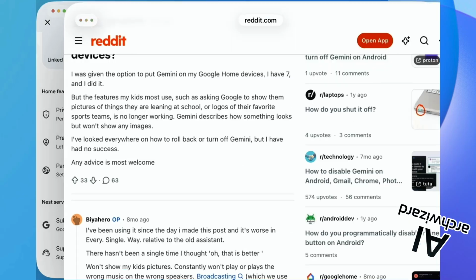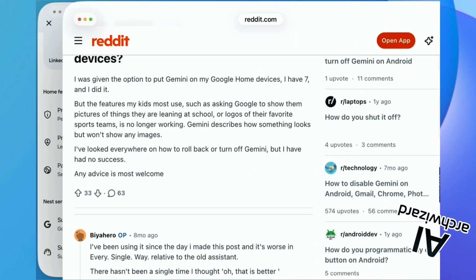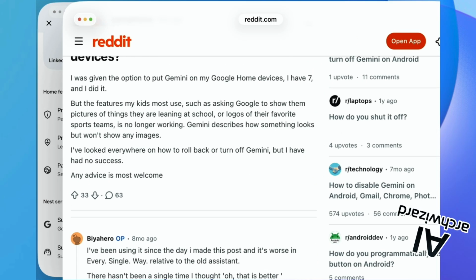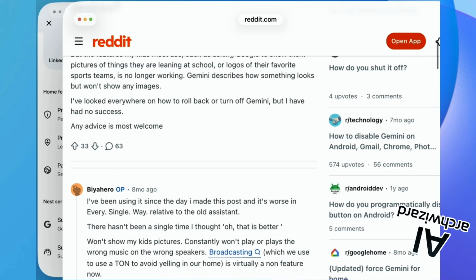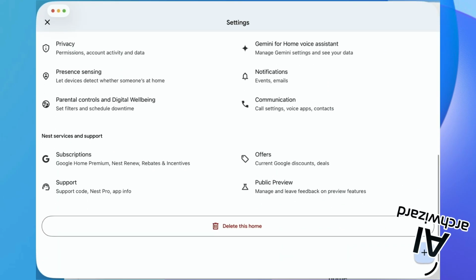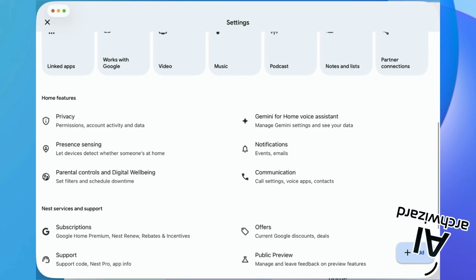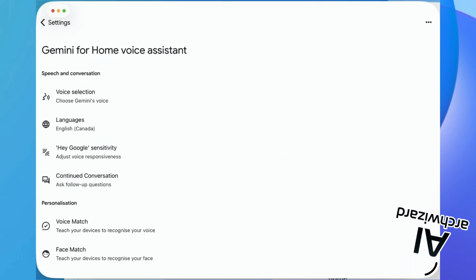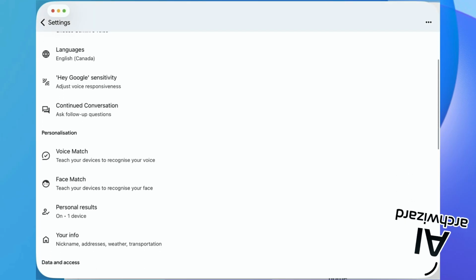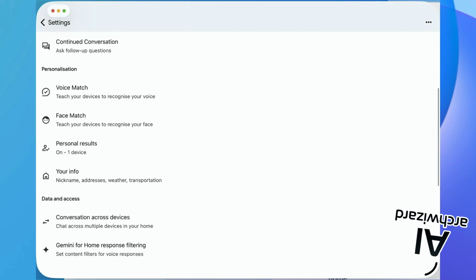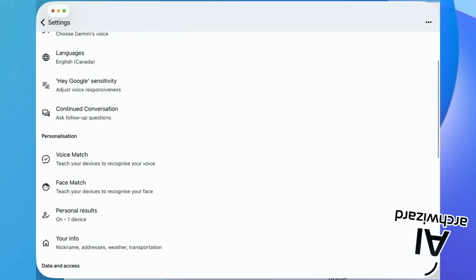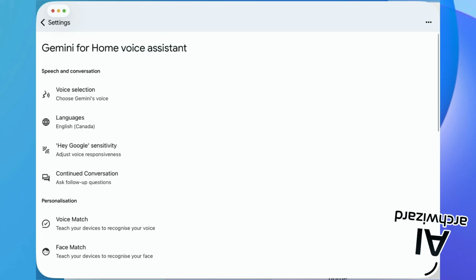How stupid it is. And Google is very annoying, you see here in the settings, I click on the Gemini for Home Voice Assistant, and there's no ability to disable it. There's no ability to switch it off, to go back.